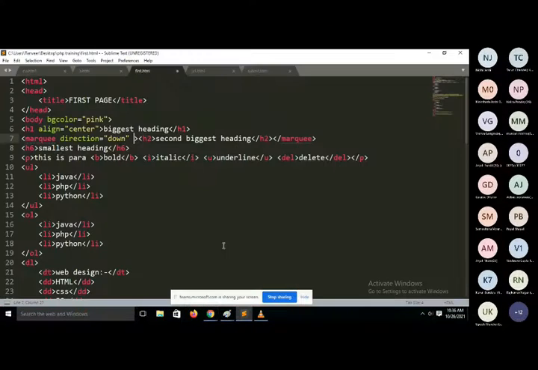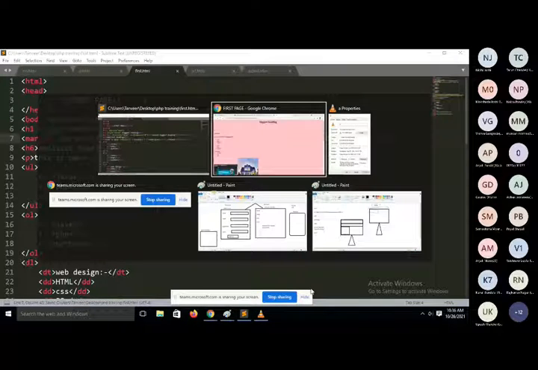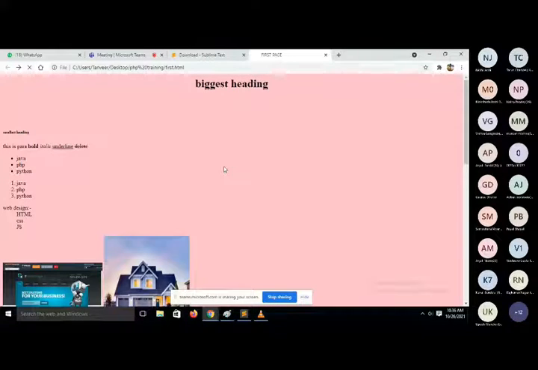But sir, I just want to control the speed of the marquee. If you want to control the speed of the marquee, then you will use the scrollamount property. So in scrollamount, when you pass 20, you can see it is scrolling so fast.